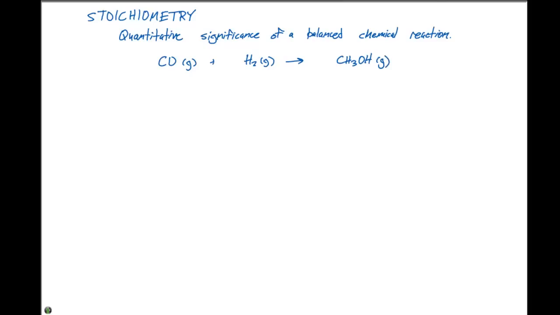So first, we need to balance this particular reaction. And in order to do so, we need a coefficient of 2 in front of the hydrogen. So we have CO plus 2H2 giving CH3OH. And notice that for every 1 mole of CO and 2 moles of H2, we get 1 mole of our